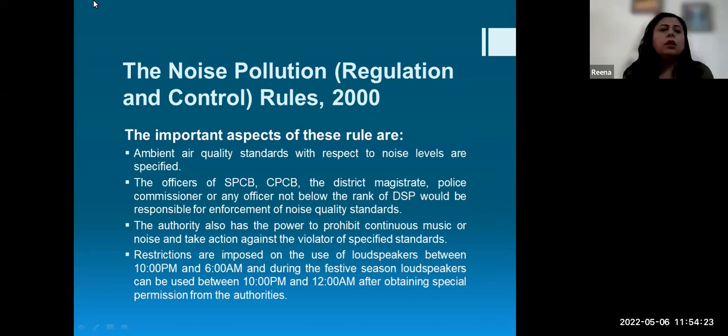So if there is any marriage or any function on, and they are introducing noise levels in your community or immediate environment, you can always ensure that action is taken against them under these rules and guidelines, and you can have a safe and happy sleep without any noise pollution.